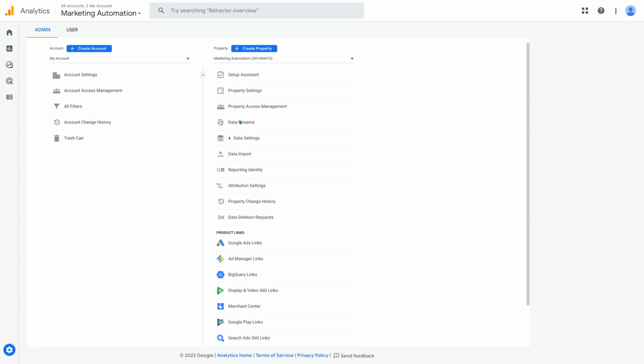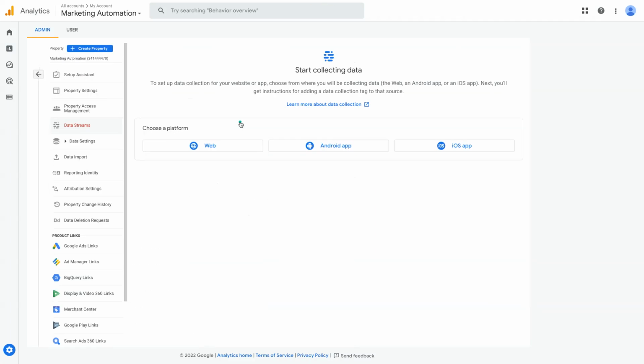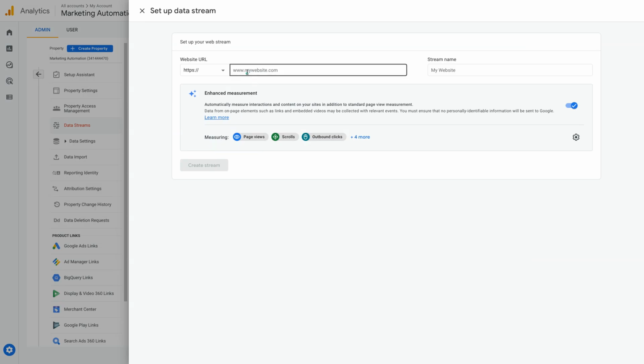So now click on data streams. Basically, for Google Analytics to work, even though we created a property with just the property name and property ID, we still need to define what that property is, i.e., what kind of platform. So we need to specify where the data stream is going to come from, where the data is going to come from. In this case, we're going to choose web. And what you do is you just provide your website address. So let's just say healthcareintegrals. I'm just picking one. .com,